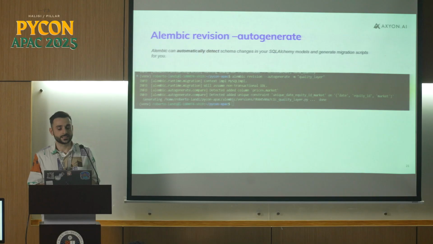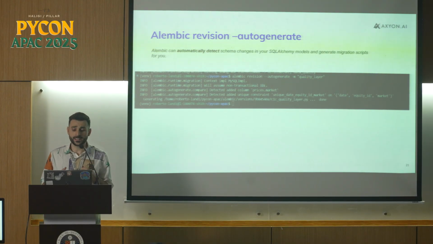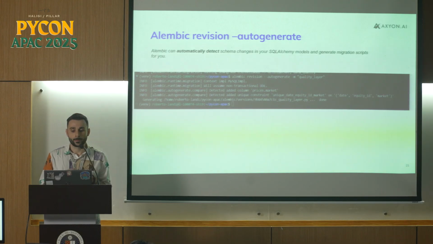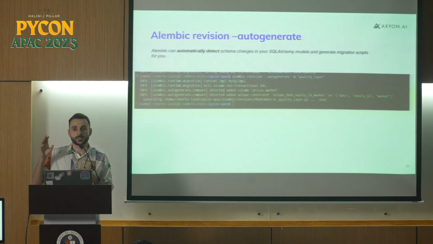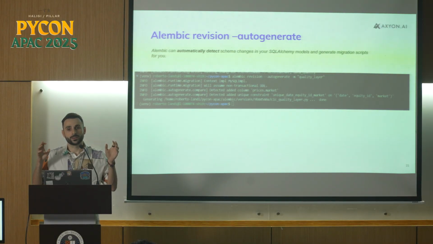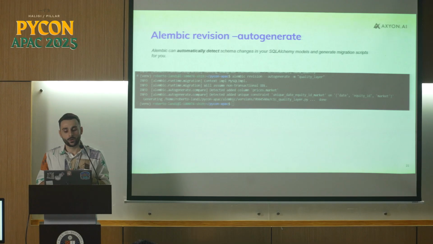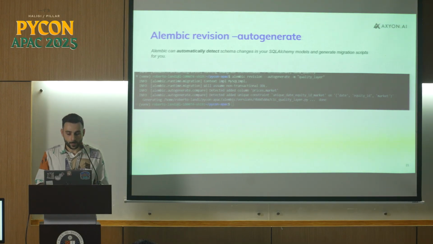And when I wrote this example, I was getting really lazy, so I thought, yeah, this is the perfect moment to introduce the auto-generate feature, because a very cool feature that Alembic provides us is the possibility to compare our database to the ORMs that we have in our code base. So in this case, once we run the command alembic revision --autogenerate, and then again a revision message,